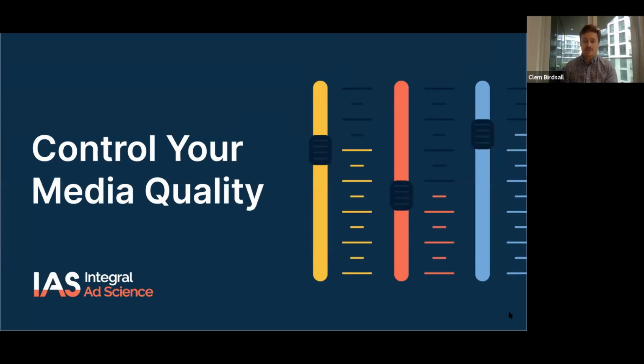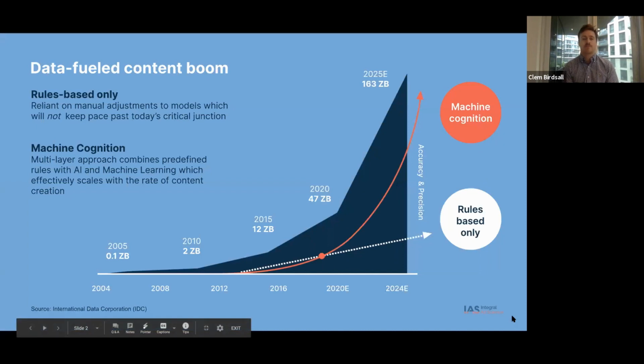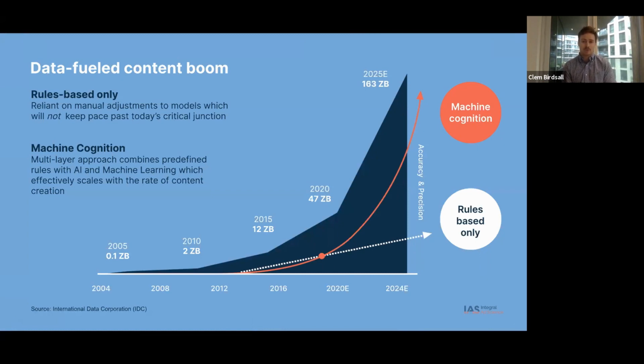The first area that we'll look at is the growth of the internet. The internet has grown rapidly. There are more pages of data available than there ever has been, and it's this expansion and the rate of expansion that means different tools are required to stay on top of everything. As a result, we know that machine learning is the only way in the future that we can continue to stay on top of the rate of change in the online space.